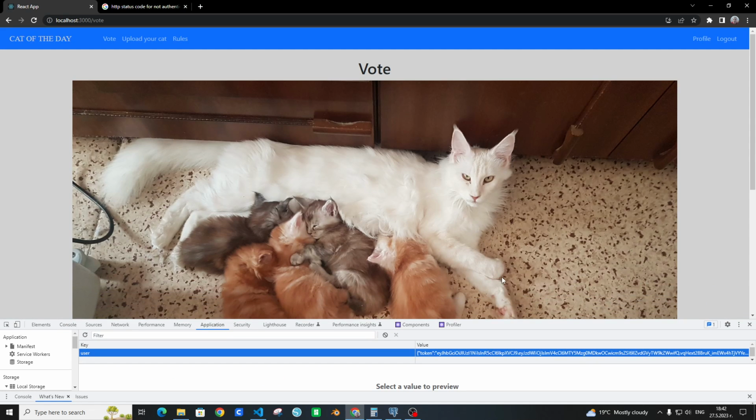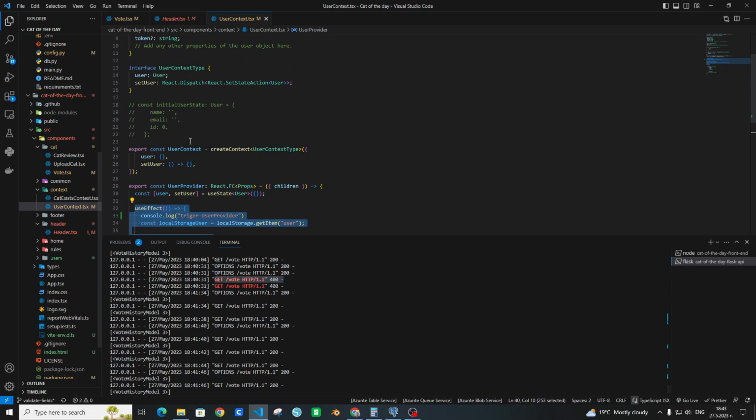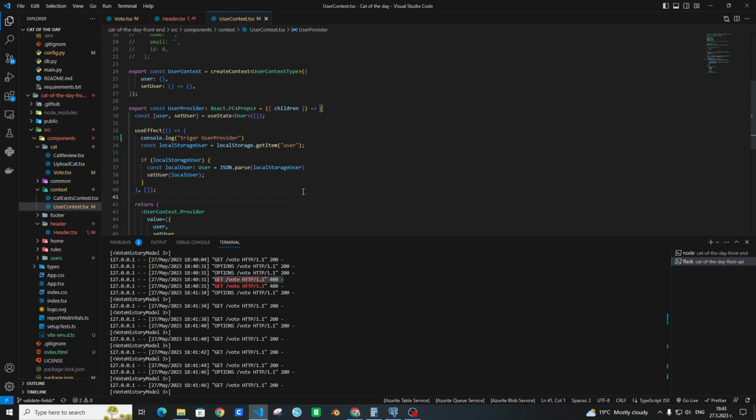So what can we make? We can make some loader spinner. There are a lot of possible situations, but here I want to focus again on the local storage and how you have to handle the local storage. This is just to bear in mind that if you have a similar problem, to know the reason for that.